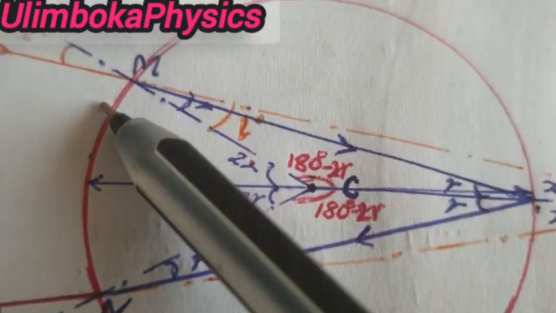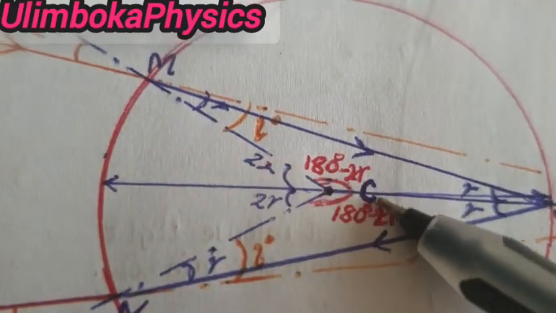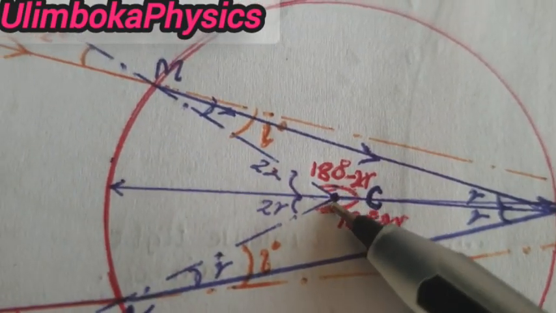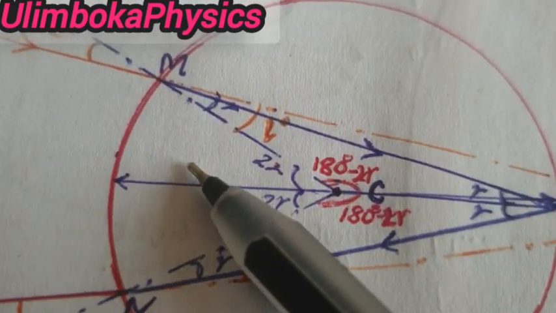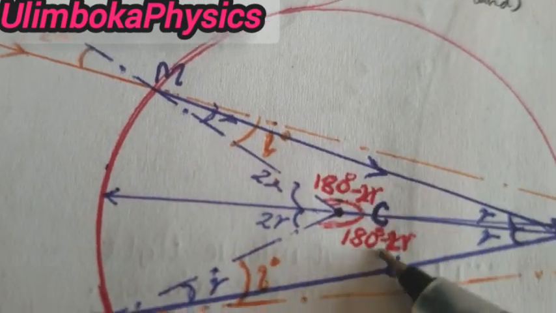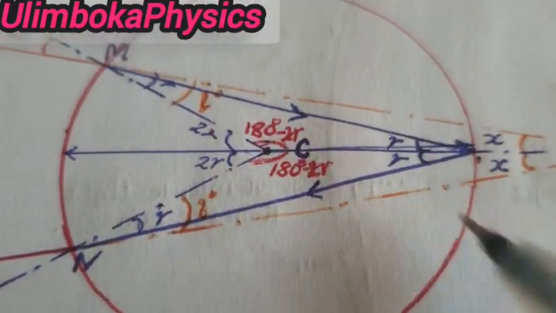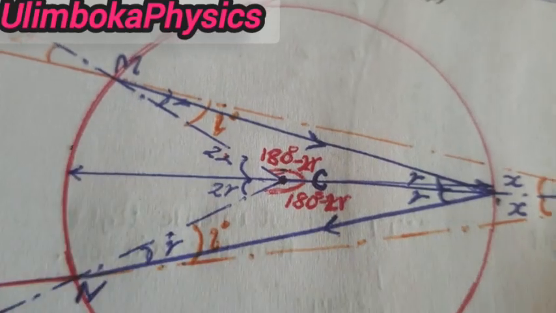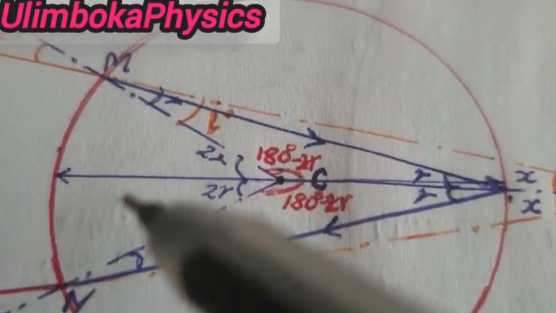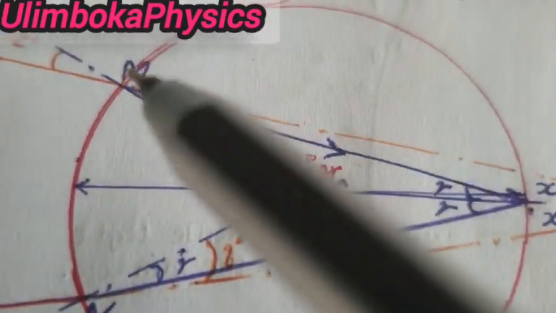When we put this as the center, this is a radius, and this also is a radius. We know this is radius 1, this is radius 2, and the distance from edge to edge is the diameter. And now because we have